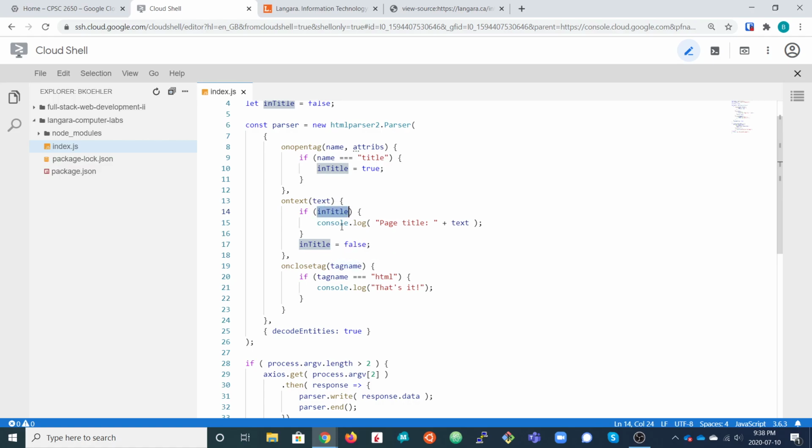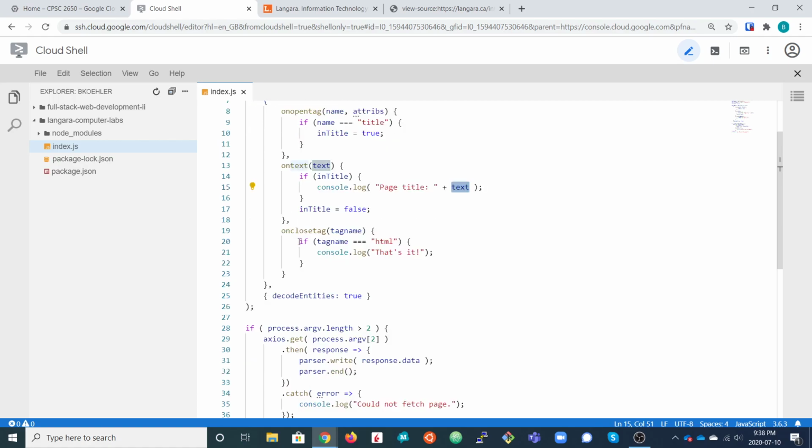As soon as we do that, we log the page title. The text here is the content of the title element, and we print that out on the console. Then we do not want to see the content of any other element, so we set the in title state variable to false. Really, these are the only two event handlers we need.